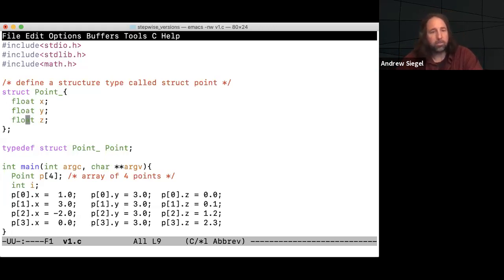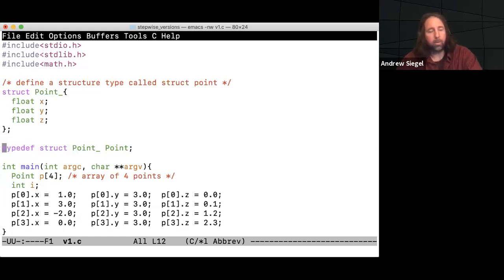Anyhow, so this is just a regular structure and it's called a struct point. And so this is the type. The type is struct point. It's a little long-winded. And struct points have 3 floats, and the field values are X, Y, and Z. Okay. Well, in C, it's typical to go an extra step and use the typedef, which I talk about